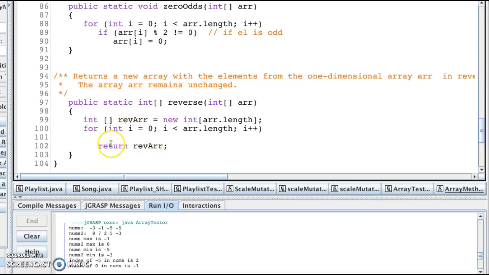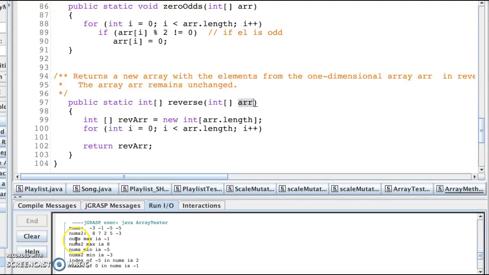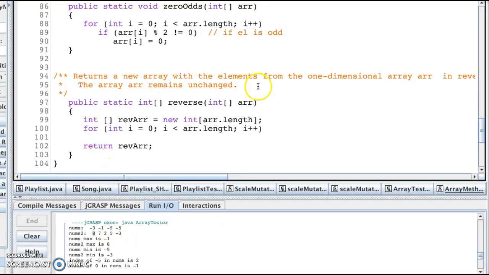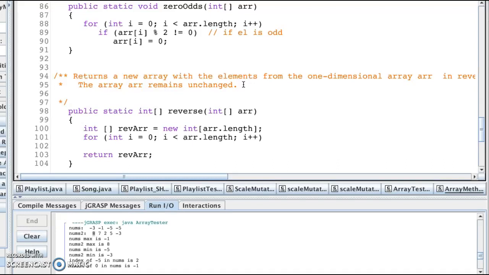So this gives me, oh, that's not what I want. This gives me the index values for this array, and it's going to allow me, if I was passed the nums2 array, to go forwards through this. So I will get the 8 first. And keep in mind that for the new array, I can maybe write it up here,